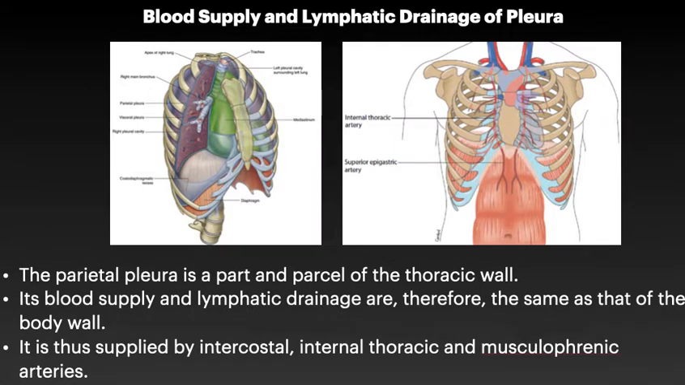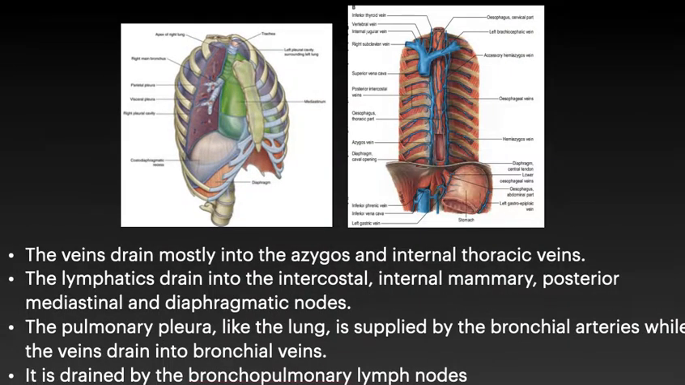The parietal pleura is part and parcel of the thoracic wall. Blood supply and lymphatic drainage are therefore the same as that of the body wall, supplied by the intercostal, internal thoracic, and the musculophrenic arteries. The veins are draining mostly into the azygos and the